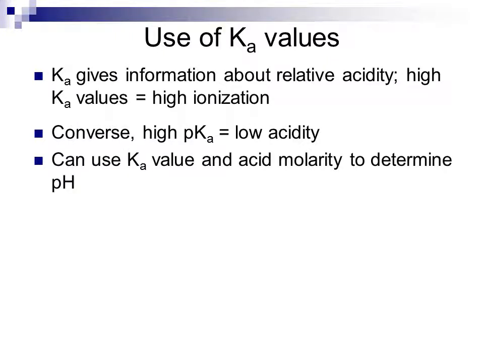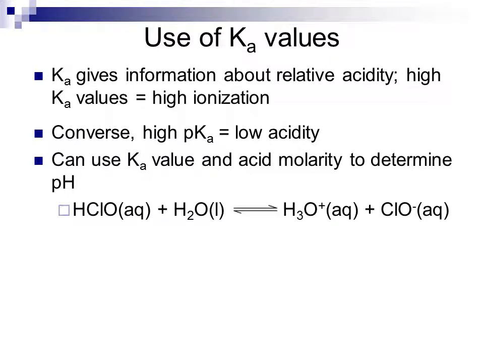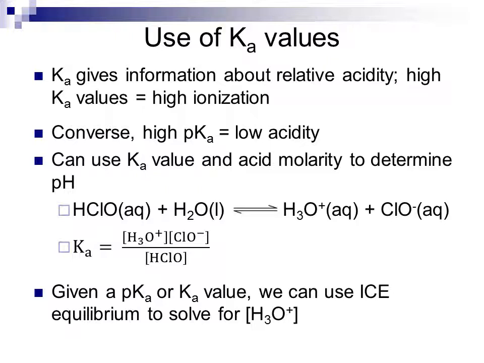So we can use the Ka value and any sort of acid molarity we know to determine pH, in the same way that we determine Ka value from relative concentrations. So for example, a solution of hypochlorous acid, HClO, being ionized in solution to form hydronium and the hypochlorite ion. Ka value will be the hydronium concentration times the hypochlorite divided by the concentration of hypochlorous acid. Given a pKa or a Ka value, we can use our equilibrium expressions, ICE, initial change equilibrium, to solve for